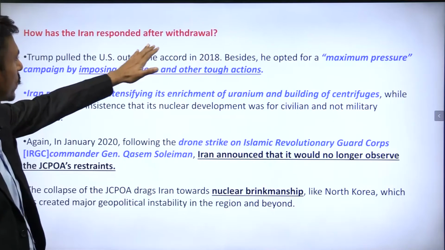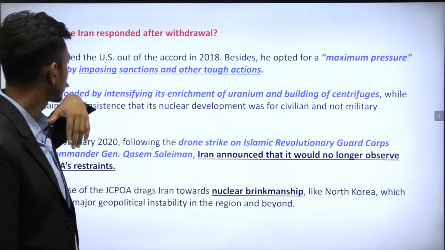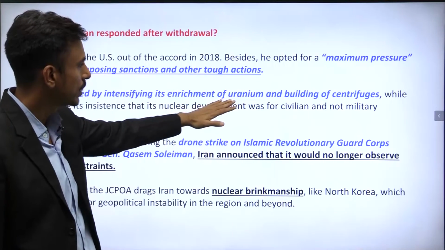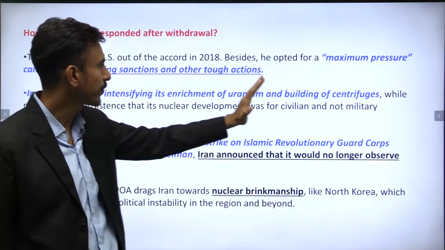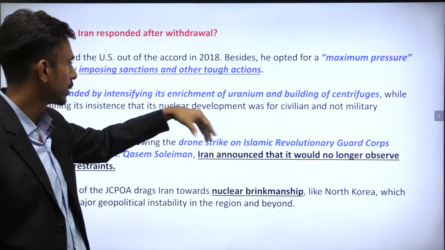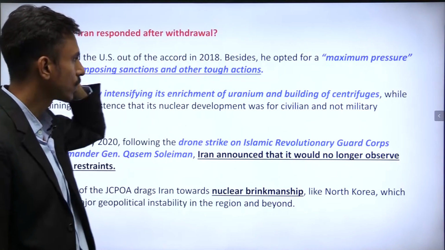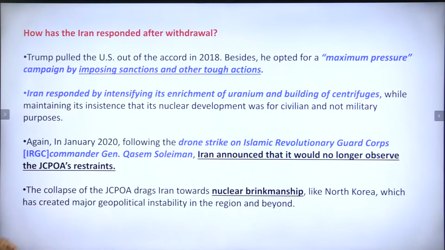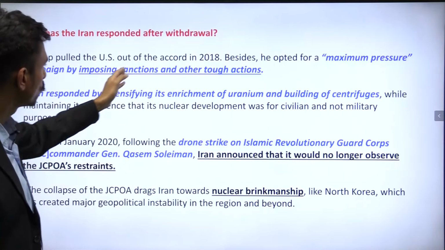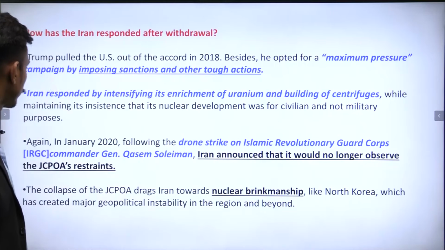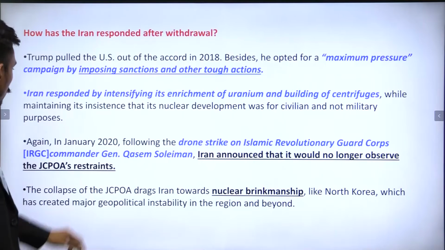How has Iran responded after withdrawal? Well, it has increased its uranium enrichment. It is building the centrifuges, and it is enriching its uranium and building more nuclear projects, right. And definitely America has imposed more sanctions and tough actions, right. We all know that